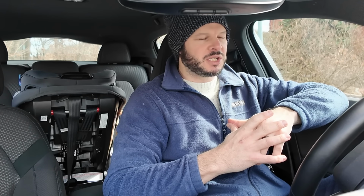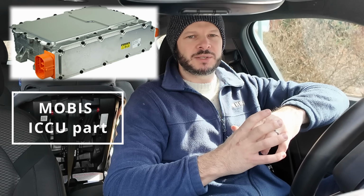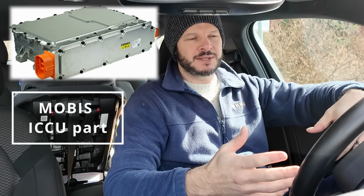The issue at the moment with the IONIQ 5 ICCU recall is that the part is on back order, the crucial piece that you need to get in there and do what is a decent amount of work, replacing the unit, flushing the low conductivity coolant system, a bunch of pieces. That's enough in itself in terms of work, but then you have the added piece of the part has been